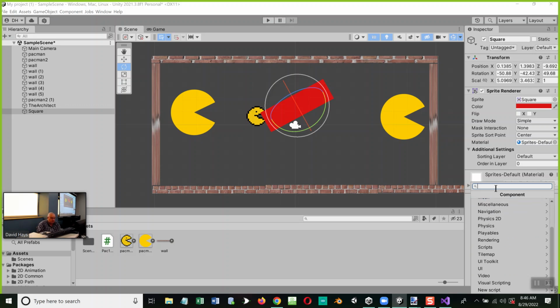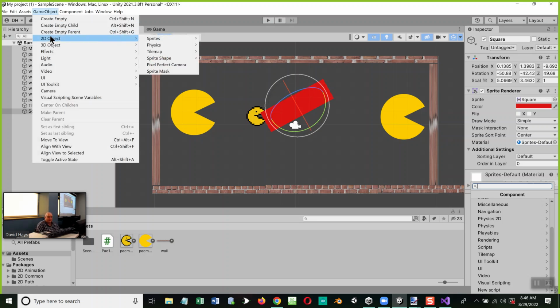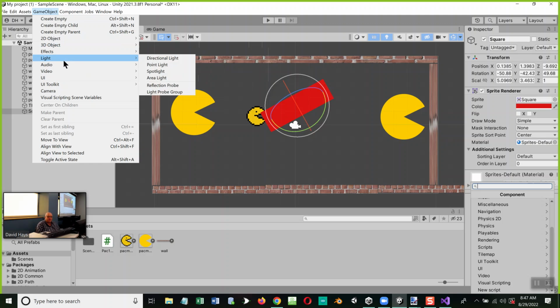If I type texture, like a texture 2D or text, maybe not. Oh well. But anyway, you can draw your own characters, and you see your limit is not to a square. You got all these different items here. Physics, we're going to see that's where we add on like wind, things like that. Tile maps we'll talk about eventually. 3D objects we'll deal with. See how we got effects, you got light,